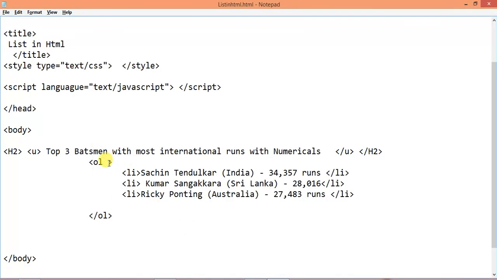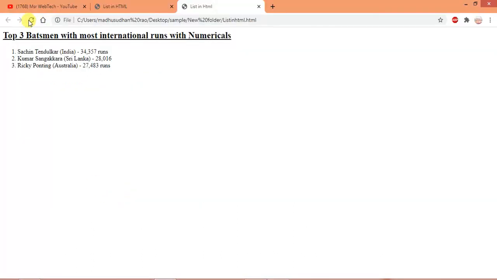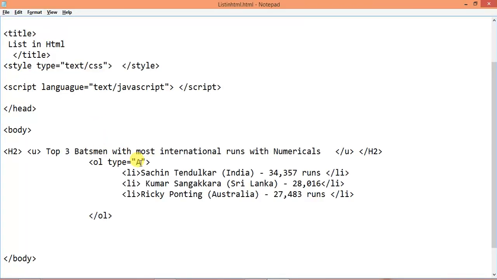Just type equal to capital A, Control S and refresh this page. Yes, we are getting ABC. To get this in small alphabet, just change type equal to small a, Control S, and we are getting small abc.